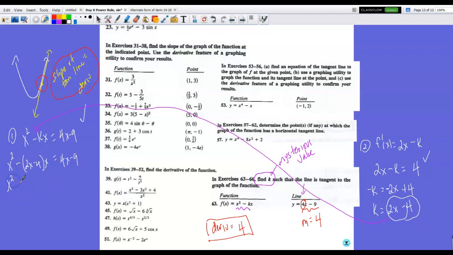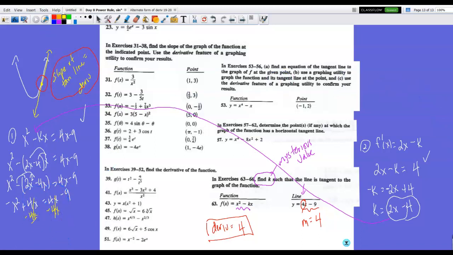Totally algebra at this point. So x squared minus, distribute, parentheses, 2x squared, and that is minus 4, yeah, minus 4x, equals 4x minus 9. Distribute, so x squared minus 2x squared gives me negative x squared. Distribute the negative gives me plus 4x equals 4x minus 9. I can subtract 4x from both sides,